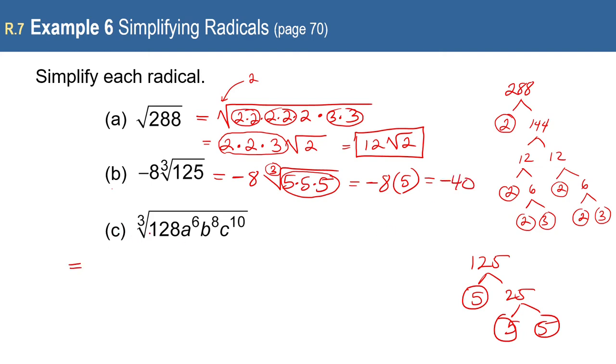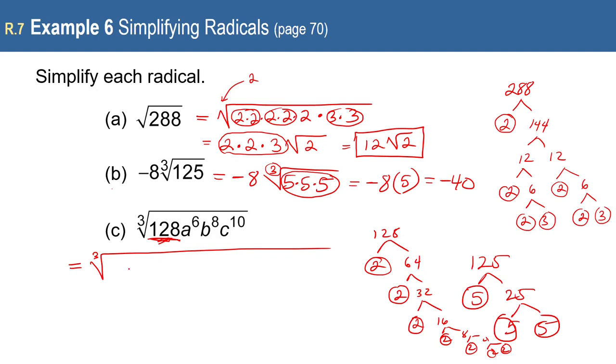For part C, we will break down 128. 128 is 2 times 64. 64 is 2 times 32. 32 is 2 times 16. 16 is 2 times 8. 8 is 2 times 4. And 4 is 2 times 2. So there's a lot of 2's in 128. There is in fact 1, 2, 3, 4, 5, 6, 7 2's. This is equivalent to the cube root of 7 2's